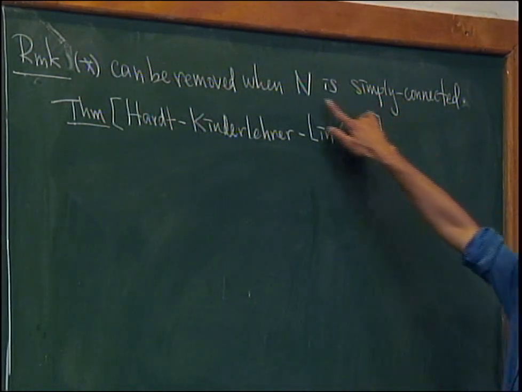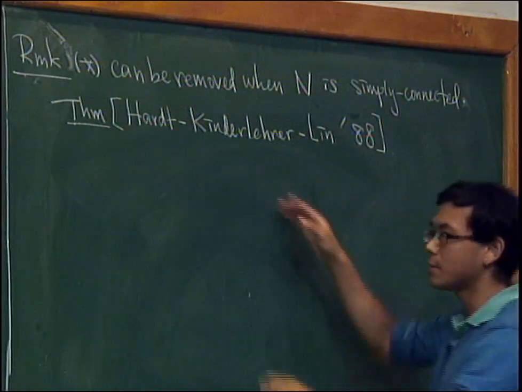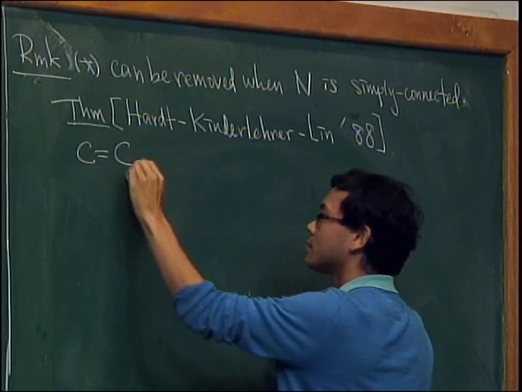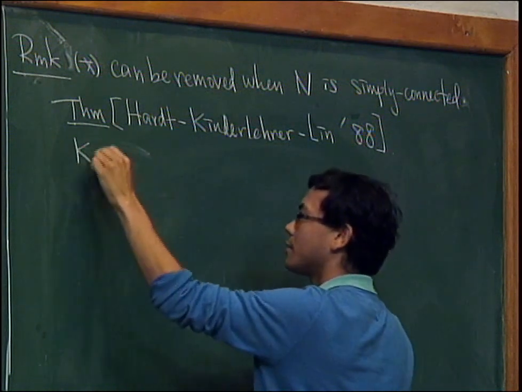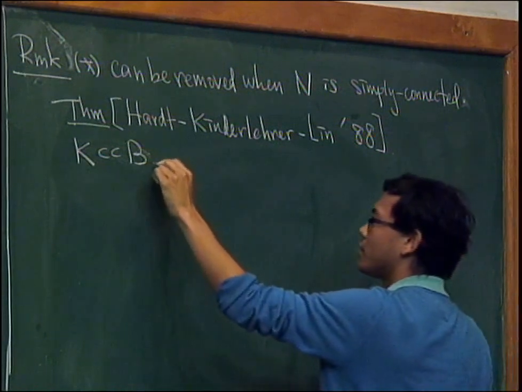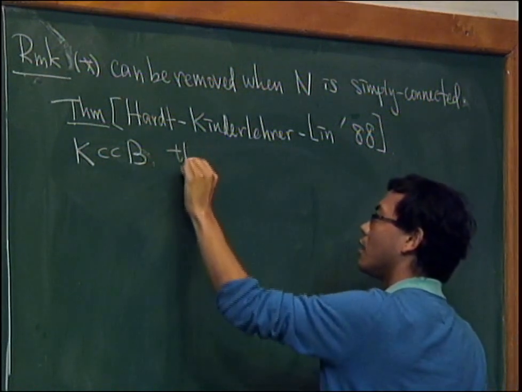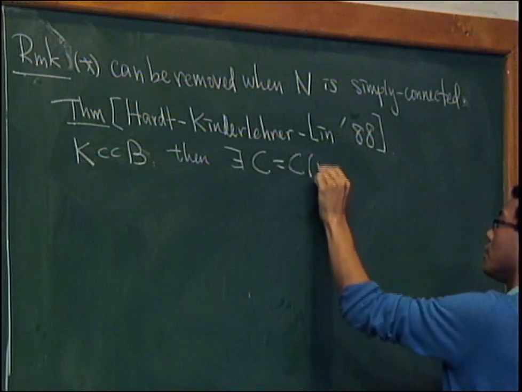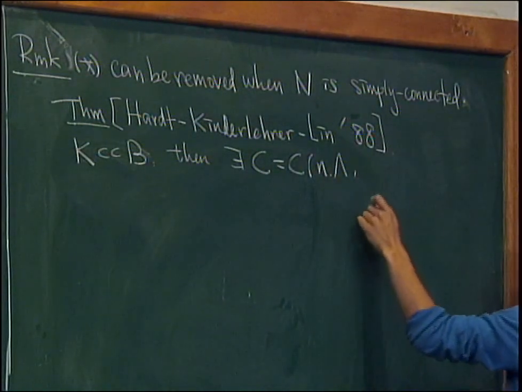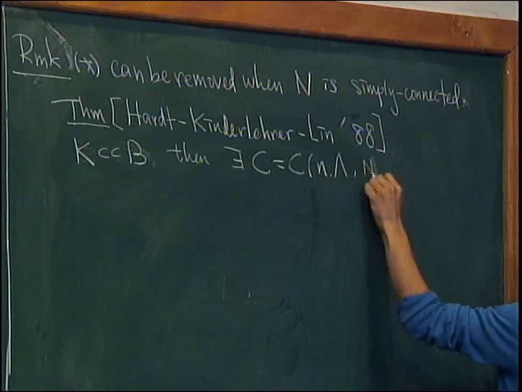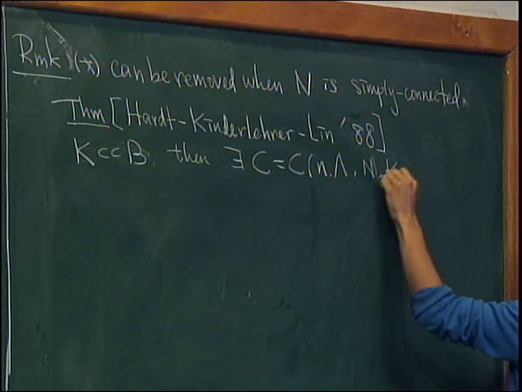So N is assumed to be simply connected in this theorem. I'm not going to write that down again. They say that there exists a constant. So if you take a compact subset of the unit ball, then there exists a constant C depending on N, capital lambda, for a target manifold, and this set K,